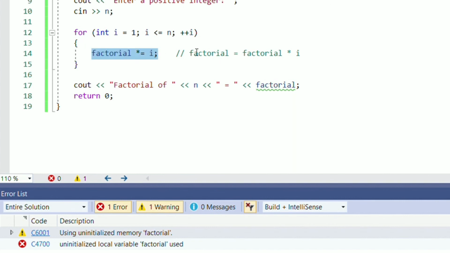If I do not give any initial value to this factorial, then of course I will get an error because compiler here doesn't know what the value of factorial is. Suppose if I give initial value of factorial as 0, then whatever we multiply with 0, we will get answer as 0. Therefore, instead of 0, I have kept factorial as 1.